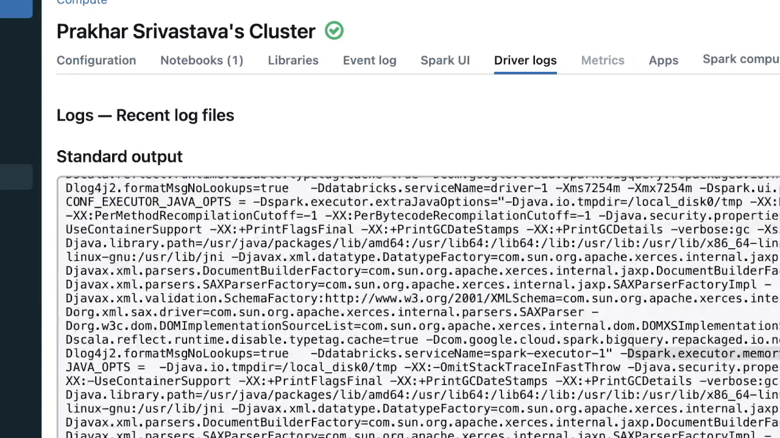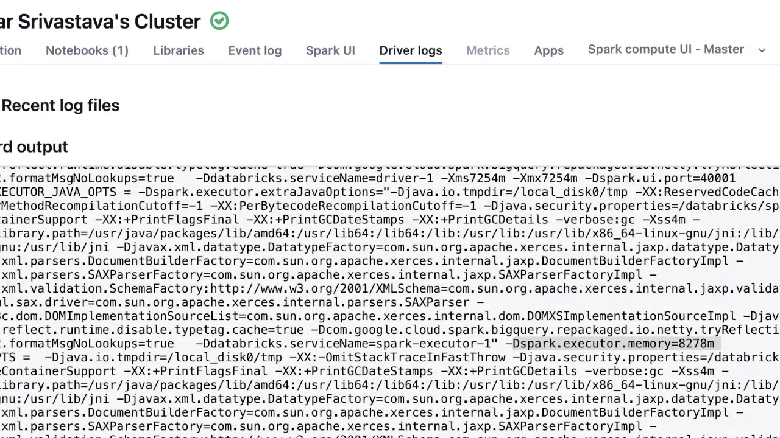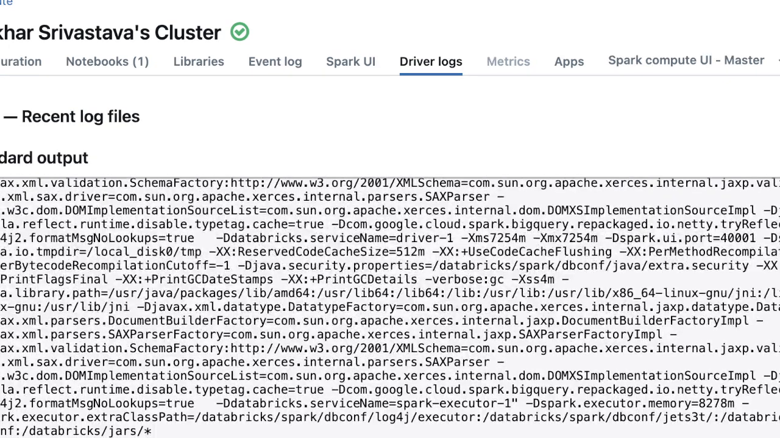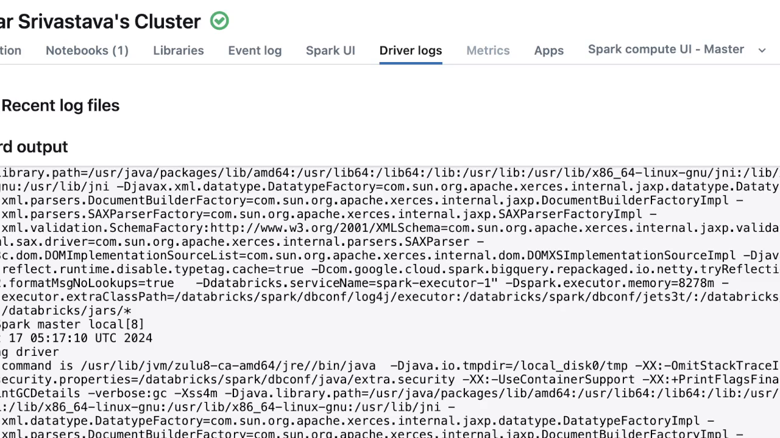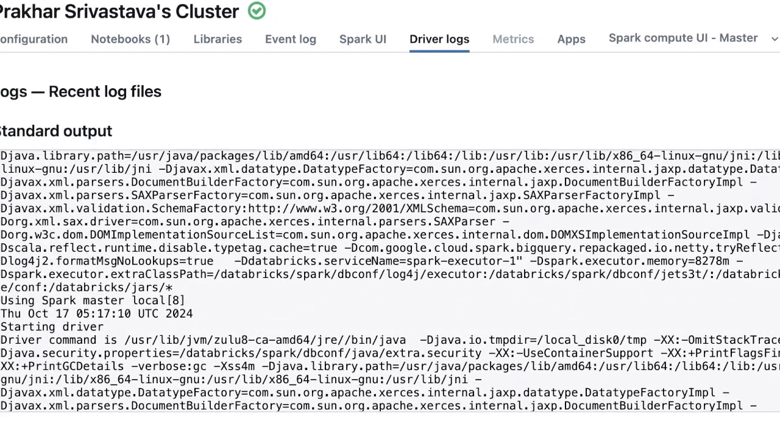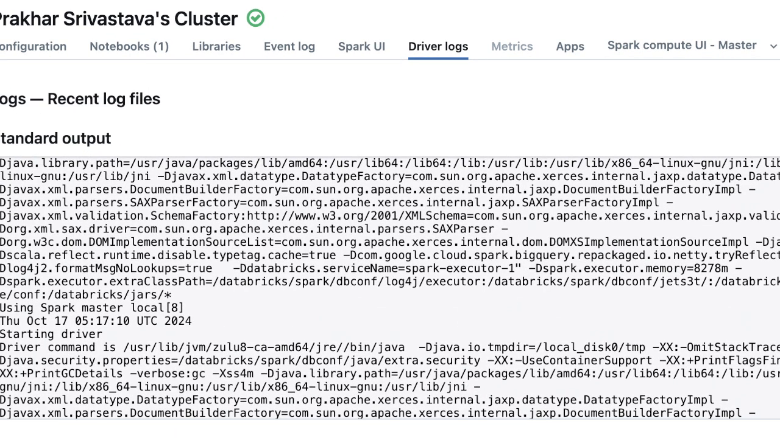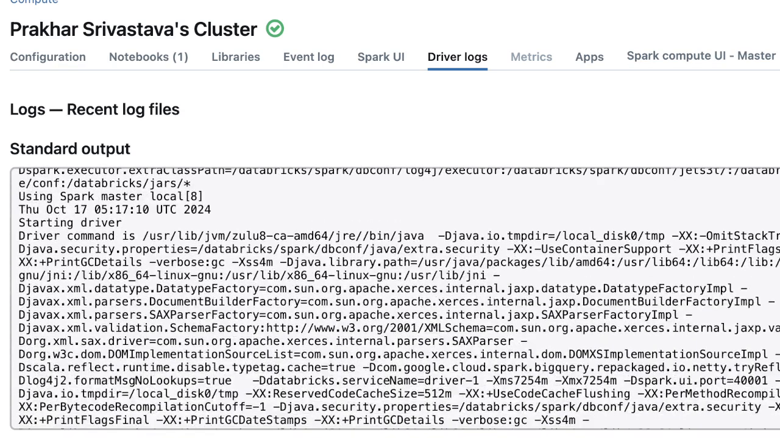Okay, so if you look at this one, which is 8278 MB, okay, is your executor memory. And if you scroll down, you are going to see this is 8 cores. Okay, so as you can see, this is local 8, Spark Master local 8. So this is basically your number of cores. Okay, so number of cores are 8, and if you scroll down a little bit, you